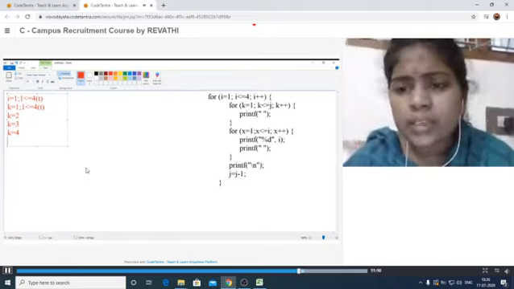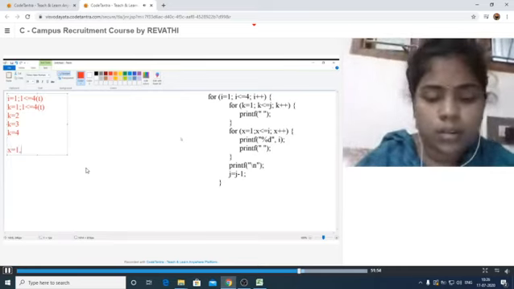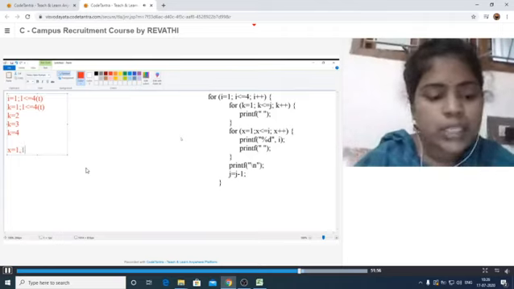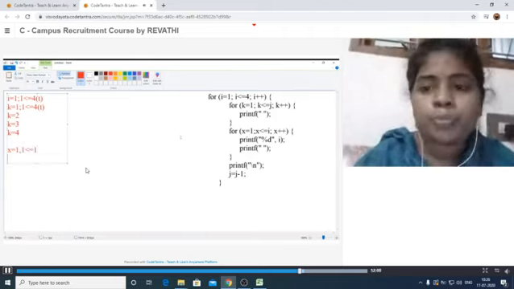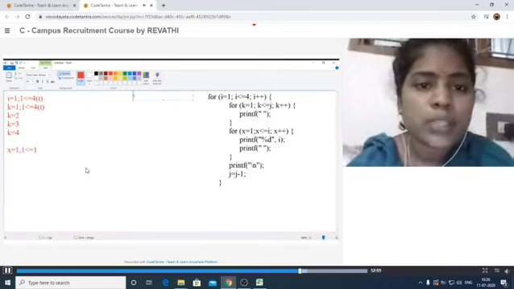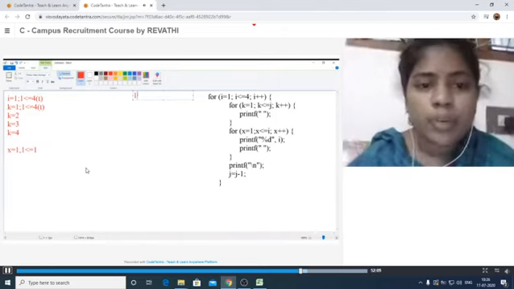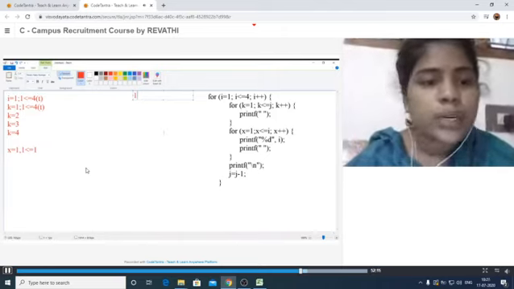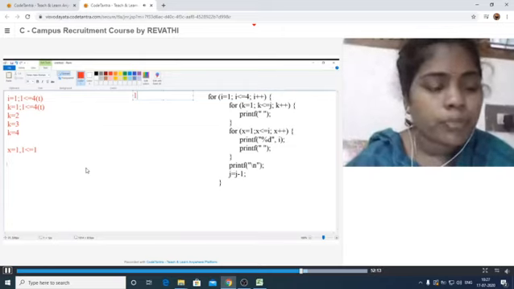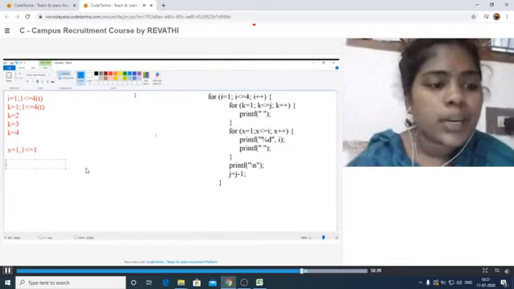Here x is equal to 1. Next x less than or equal to i, that means 1 less than or equal to 1, the condition is true. Then it is printing the i value. What is the i value here? 1. That means it is printing the 1 after 4 spaces here. After that it provides another space. Next it enters the next line, and j is decremented by 1.